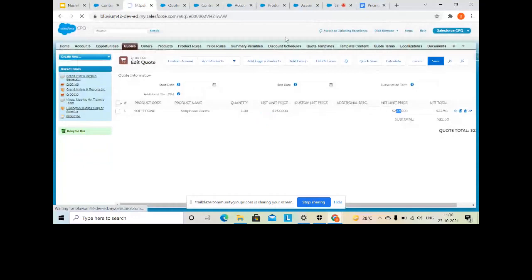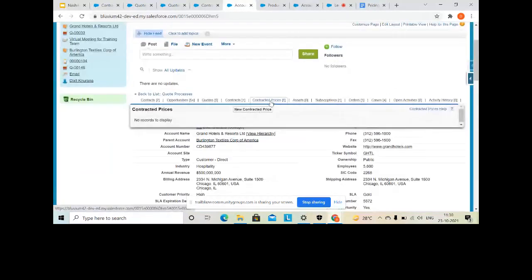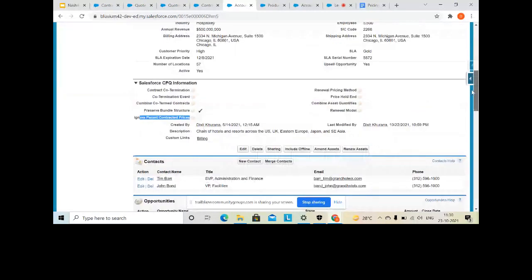now you see this account is a child account, right? It does not have any contracted price associated with it. There is no contracted price. But we have associated the parent account on which we have configured the contracted price, right? So automatically your child accounts will take the value from the parent account's contracted prices, right? But if you want to stop it, you have to simply check this checkbox, right? It is clearly written here, automatically populates. Check ignore parent contracted prices field to avoid overriding of contracted prices from parent to child.